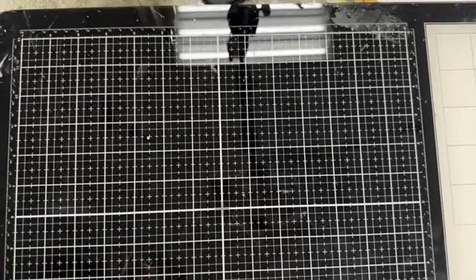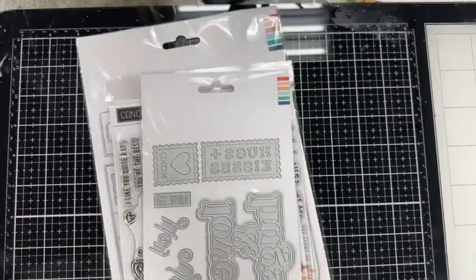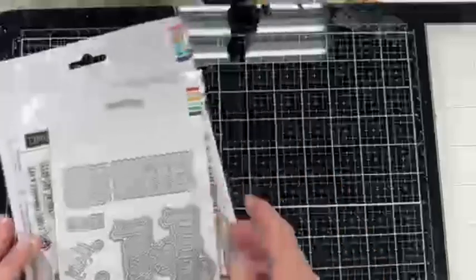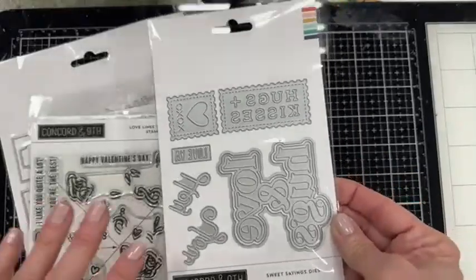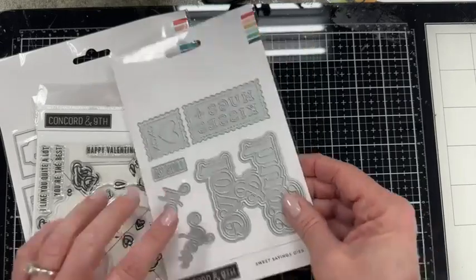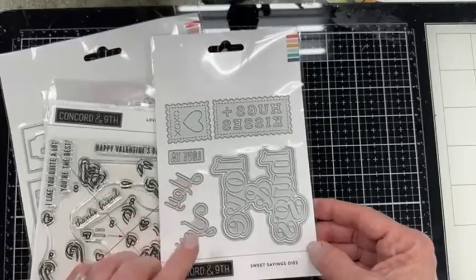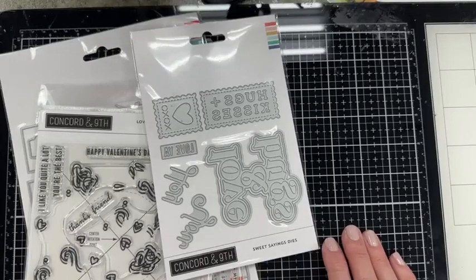Next is the release from Concord and Ninth. Some of these are what I showed on Wednesday night. And this is one of my favorites. It's called the Sweet Sayings Die. And if we do sell out, because we sold a lot in the last day or two, I have more coming in. This is the Sweet Sayings. You can see the different little dies, and that's Hey You, and then Hugs and Kisses. I love this Hugs and Kisses, and I use that